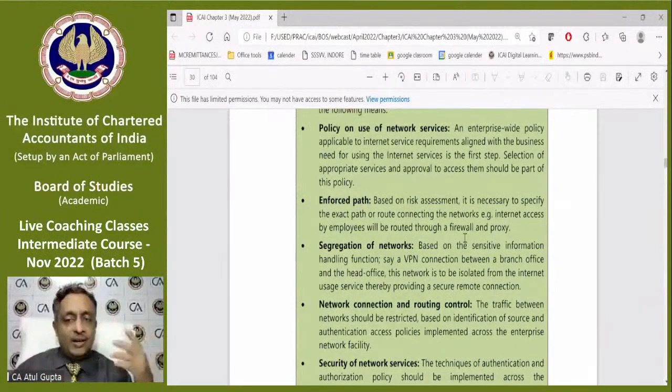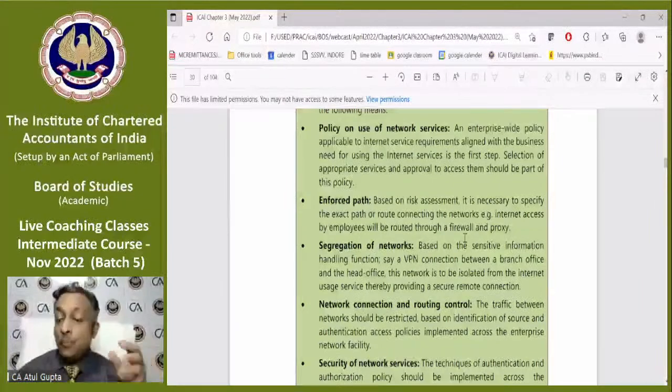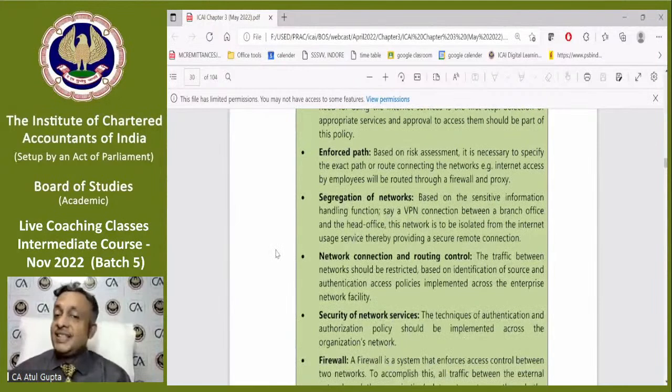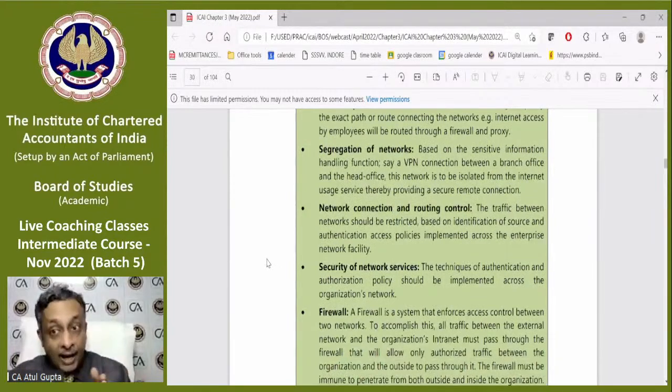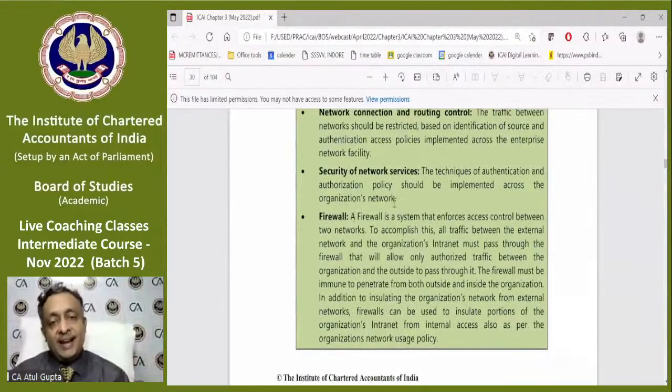And see, all these hacker and ransomware attacks that you read about daily, the core of these attacks is that network controls have not been properly put in place. That is very, very critical. Then segregation of network: the secured, critical network to be segregated from the non-critical network. Network connection and routing control, how you are going to travel through the network, security of network services, and last, very, very, very important,